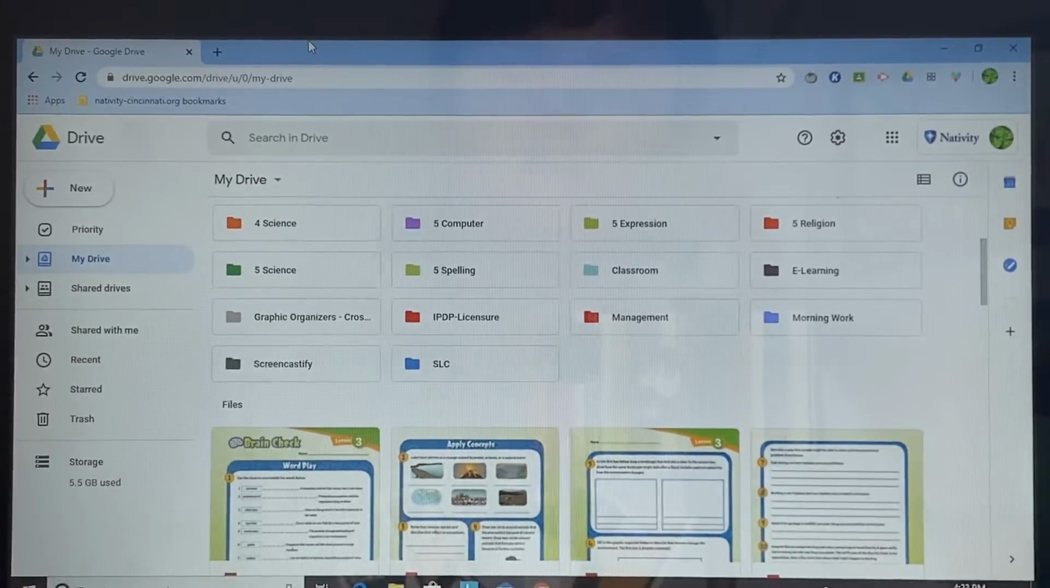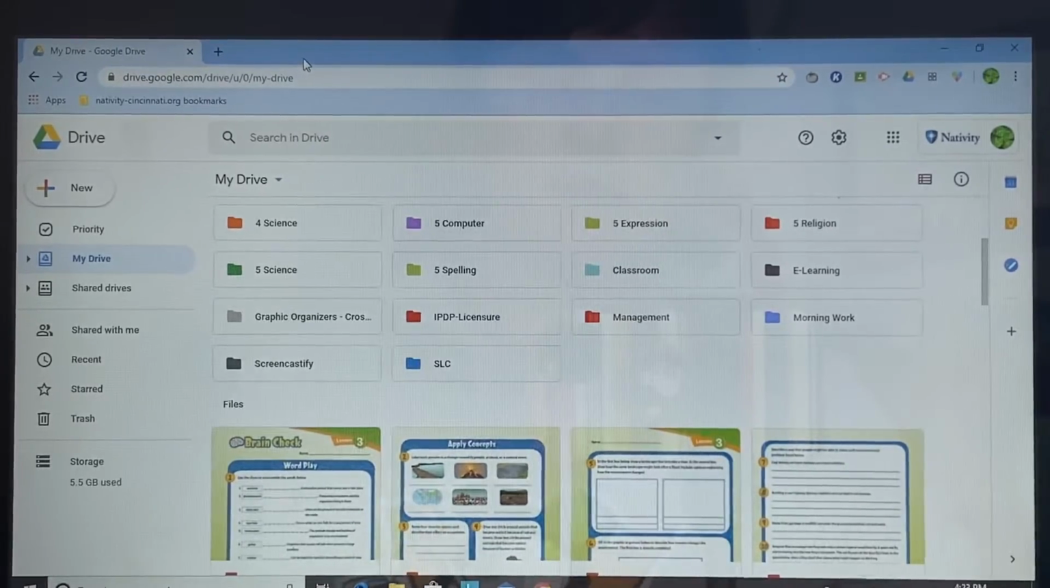Hello. Today I want to help walk you through some processes that you can use when you're working in Google